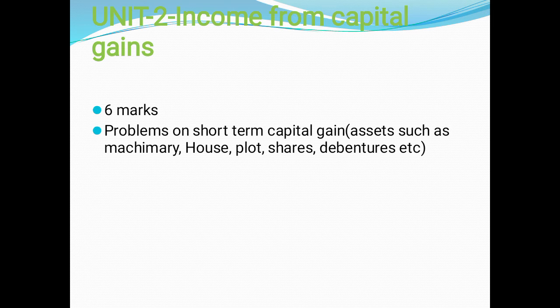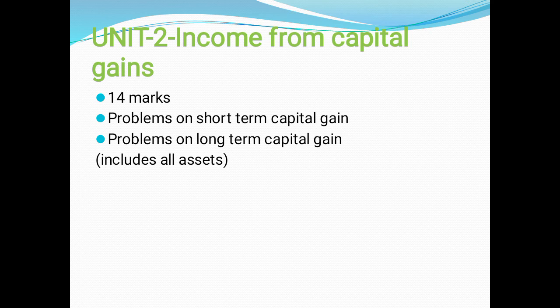So like that they will give certain information about that particular asset, and after knowing that asset's value, you have to calculate the income from capital gain, especially short term capital gain. Then we have income from capital gain for 14 marks. This 14 marks question includes all types of assets. It may be a house, plot, machinery or even jewelry; all those things will be considered,